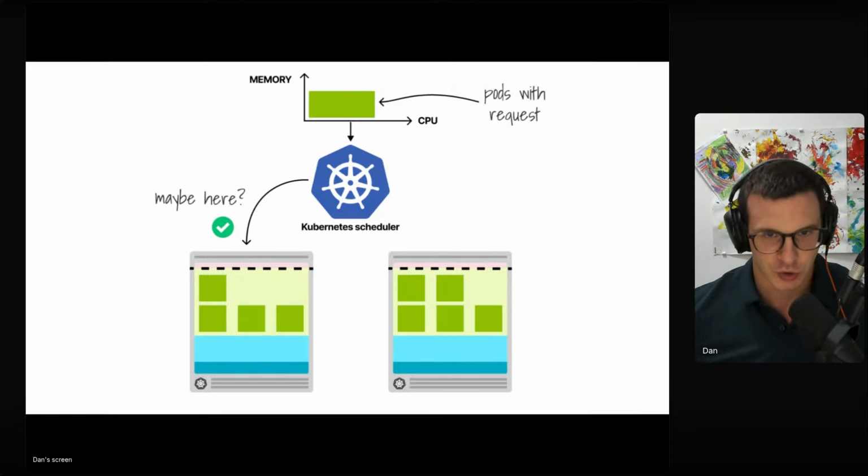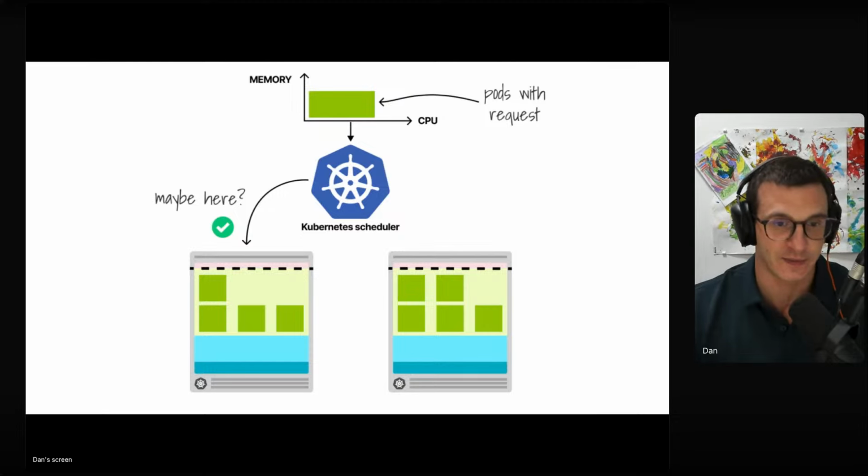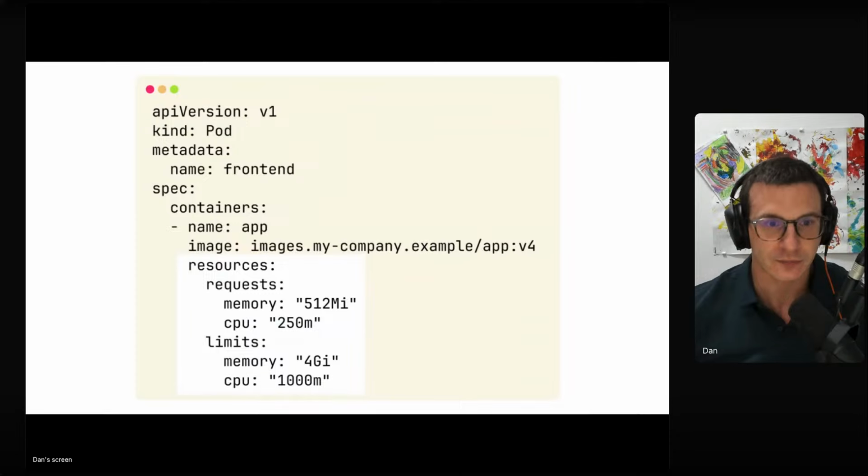So to solve this, generally what we do is we give the scheduler some hints. And these hints come in the form of requests. So when we say request, we basically say, okay, these are the resources needed currently to run this application. And then at this point in time, the scheduler understands, oh, okay, this is the size of my pod. Then I know if it fits or if it doesn't fit inside my infrastructure.